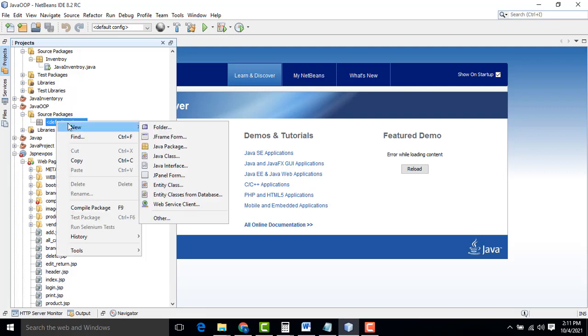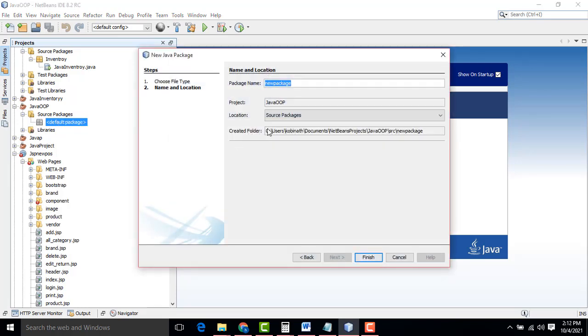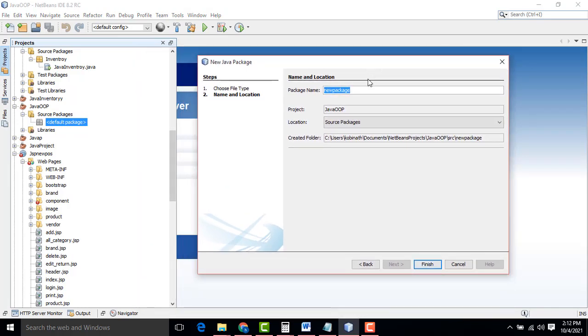Right click, New Java Package. When you create a package in industry, you start with com, which is a domain. Then you have the name of the company, anything. So this is my company. I am going to create Tutors Funny, but you can give any name. Dot, then the project name. I am going to use the project name Java OOP.